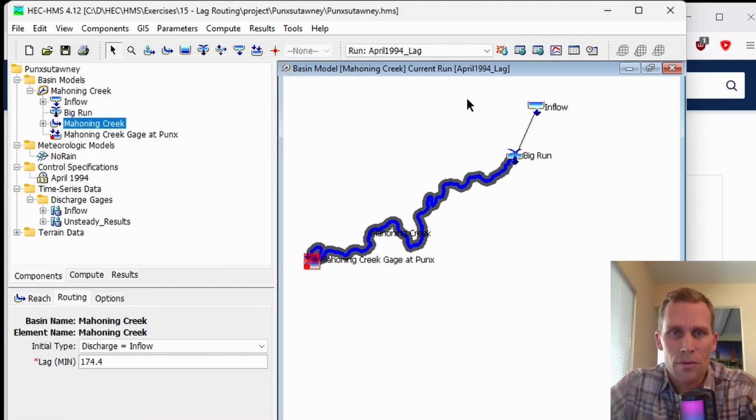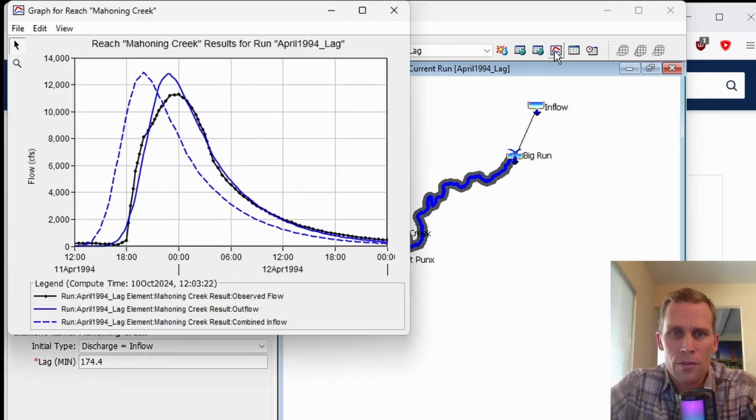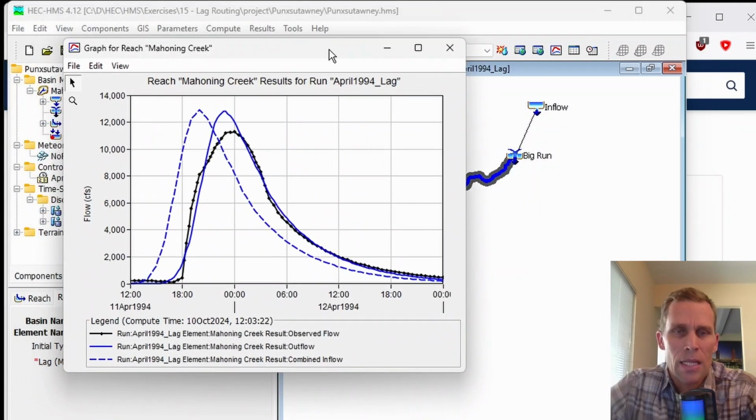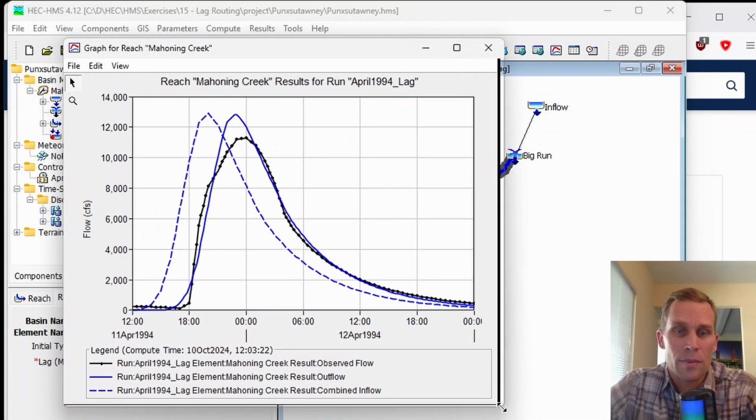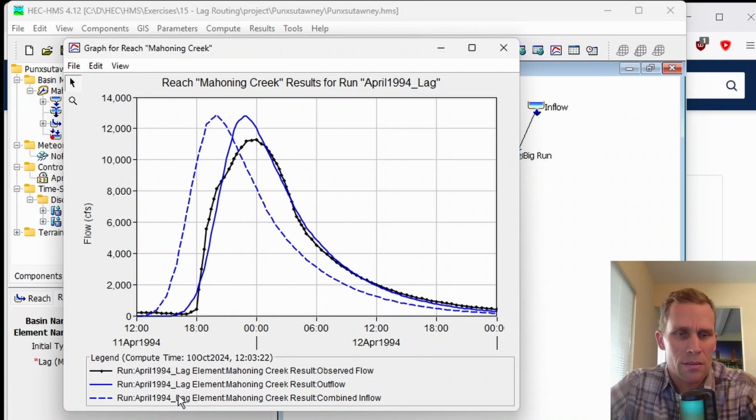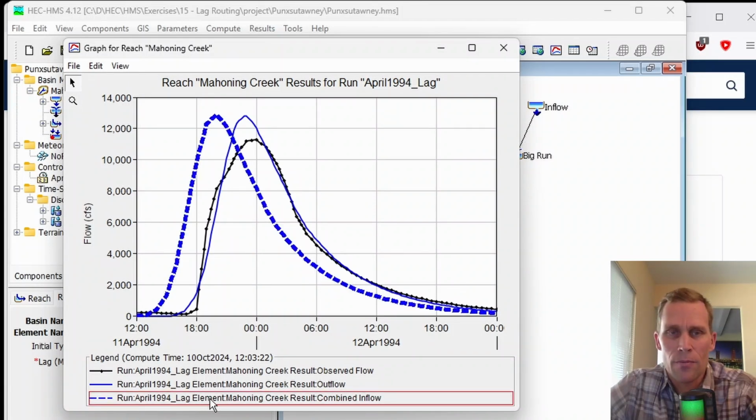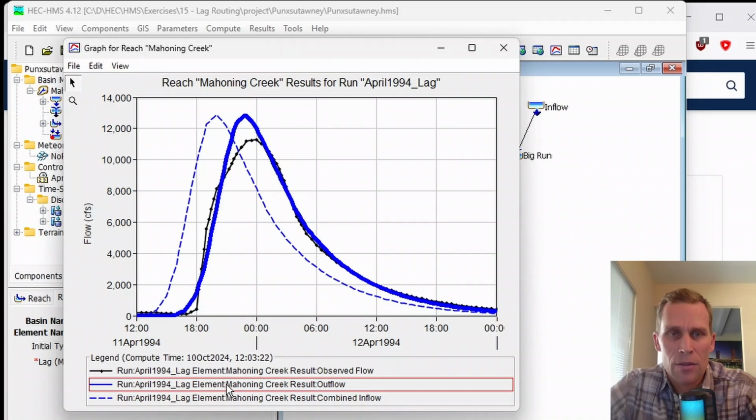All right, so that computed fine. Well, what I want to do is check the results. So let's look at the graph first. I have the reach selected. And this graph is rather impressive to me, at least. What we see here is the dashed blue line is the inflow. I'm not too excited about that. And then the solid blue line that's now selected is our outflow hydrograph using the